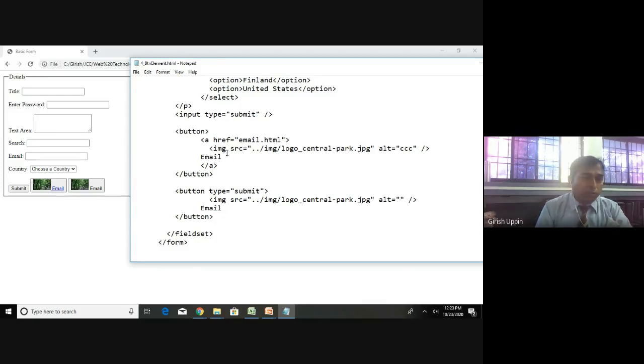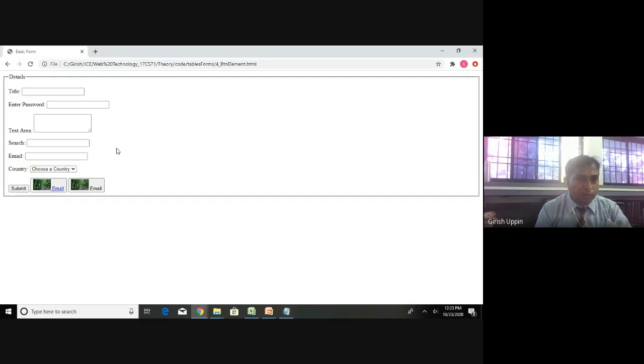So the first button is not a submit button, but it will take you to another link. That link is specified as email.html. The second button is a submit button. It has an image and the same text, but it is a submit button. This particular button will submit the form data to the server side. So we'll see how it is done.